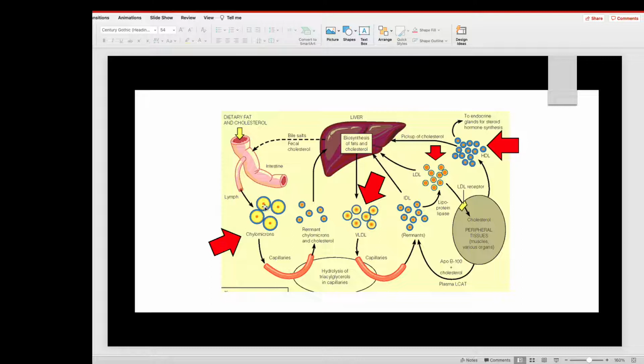So that is how fat gets into the body. It's different than glucose, because glucose uses the hepatic portal vein, whereas fat has to enter specifically through these chylomicrons. These chylomicrons package up the saturated fats, the monounsaturated fats, the polyunsaturated fats, and cholesterol. All these things get packaged in these little lipoproteins, and they get spat into